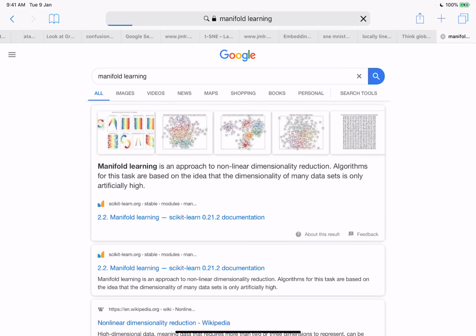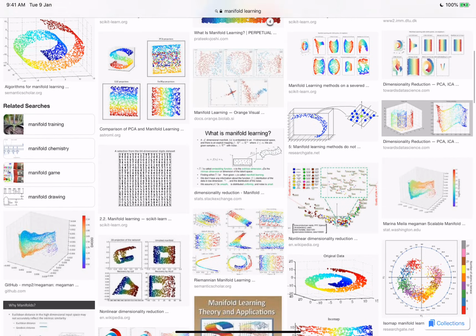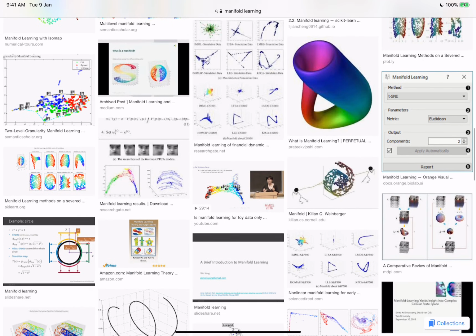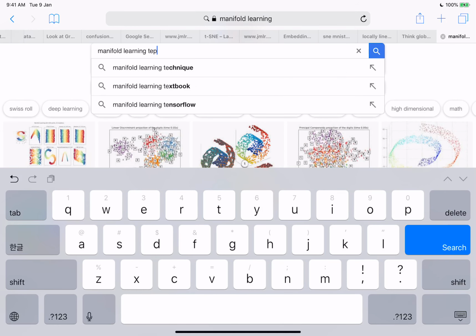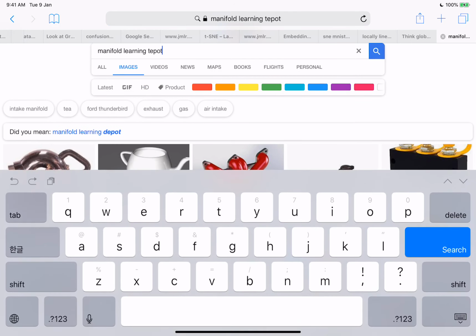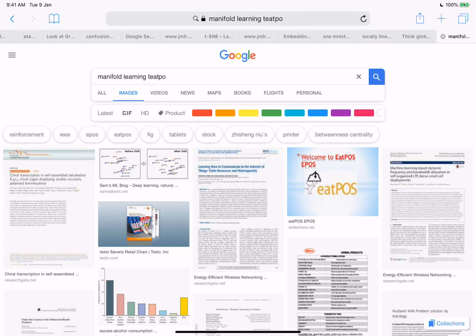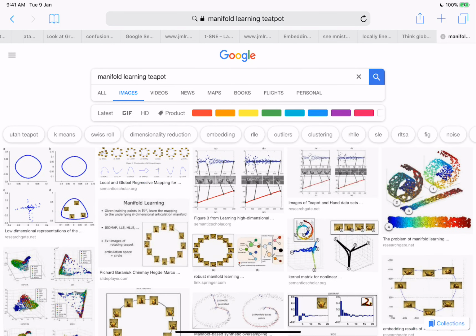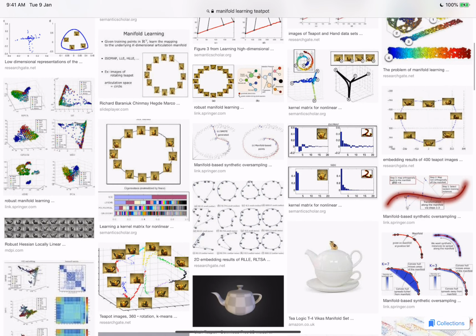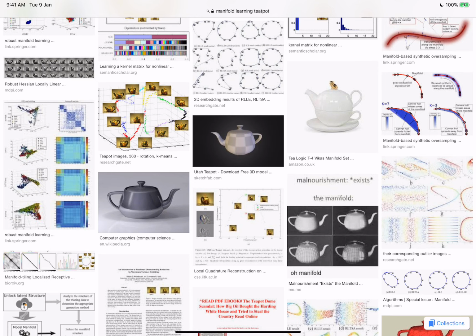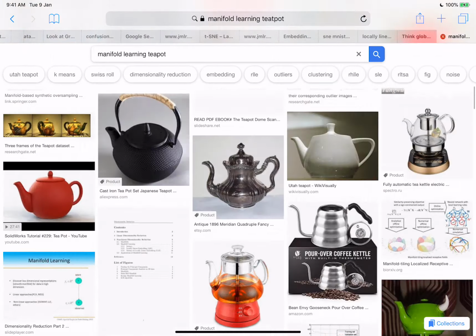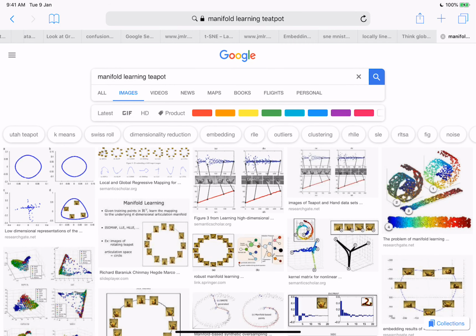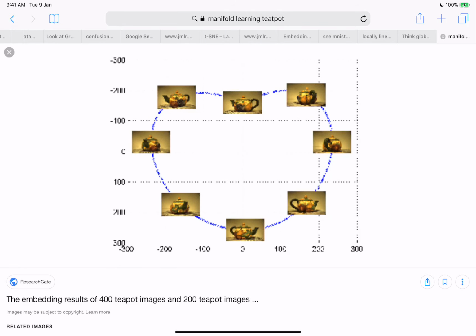So people studied about... oh my god, okay. I cannot find a good example, but